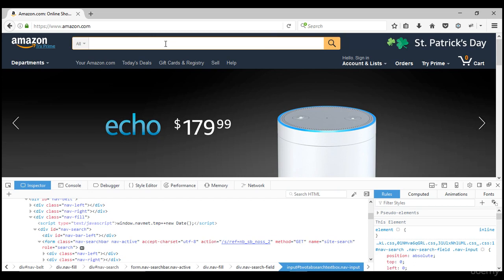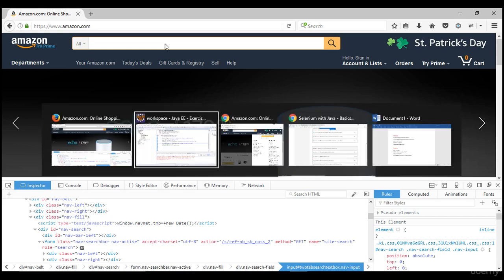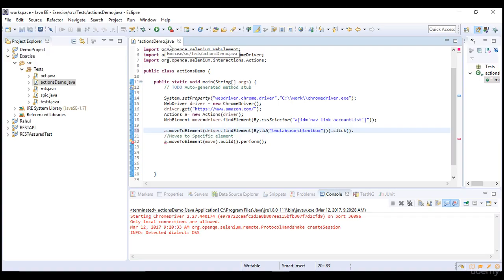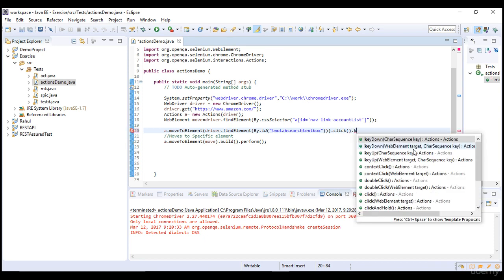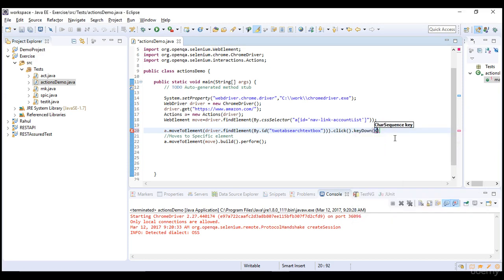Let's simulate the same action in the Actions class to automate that. To write something in capital letters, I need to press my key down and that key is shift. The Actions class provides a method called key down. You see that? Key down, and which keys?